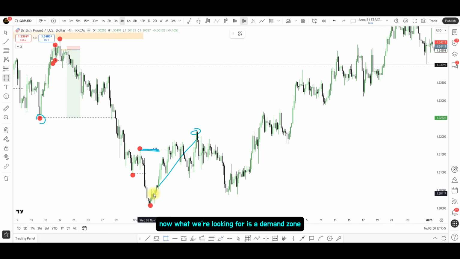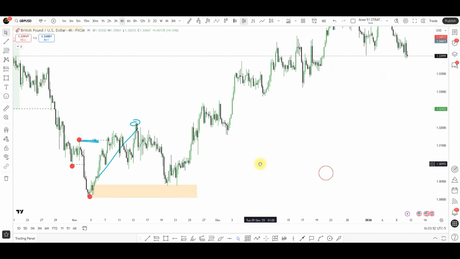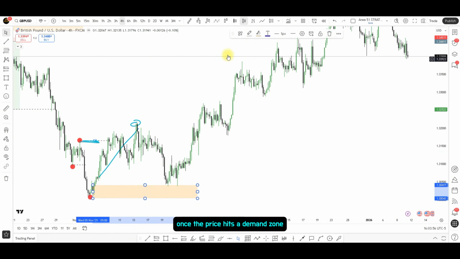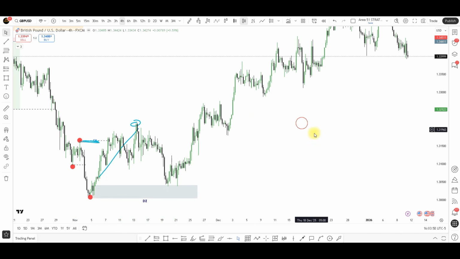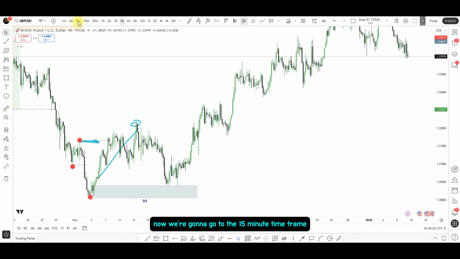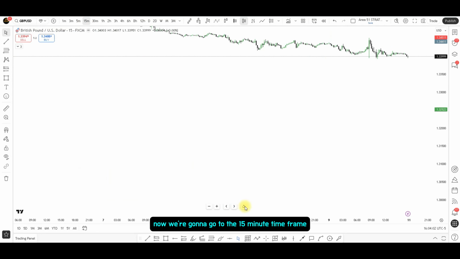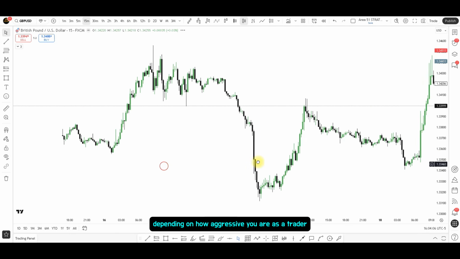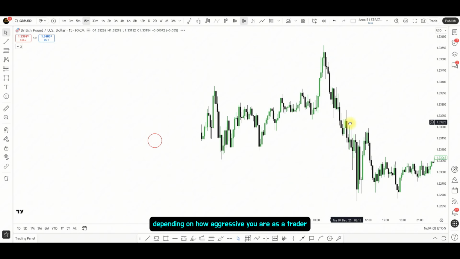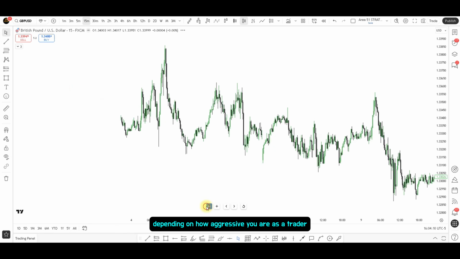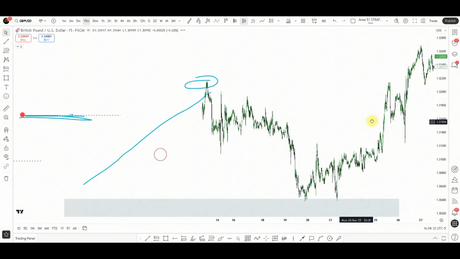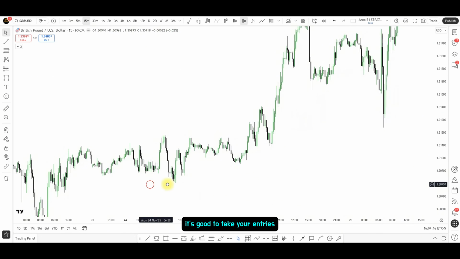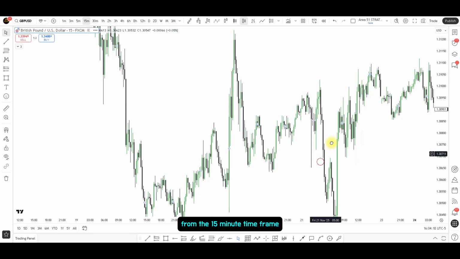Now what we're looking for is a demand zone. All right, price hits a demand zone. Once the price hits a demand zone, now we're going to go to the 15-minute time frame. You can go to the 15-minute time frame, or you can go to the 5-minute time frame, depending on how aggressive you are as a trader. If you want to be a very patient trader, it's good to take your entries from the 15-minute time frame